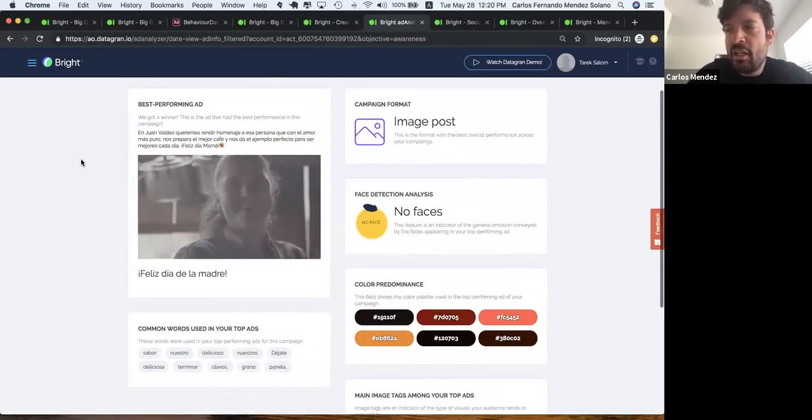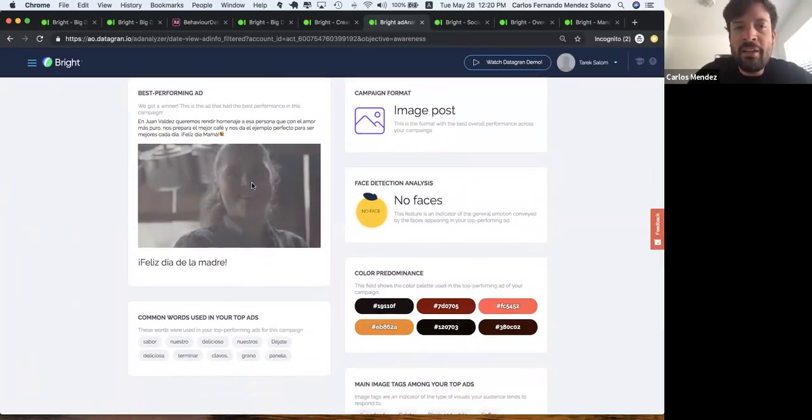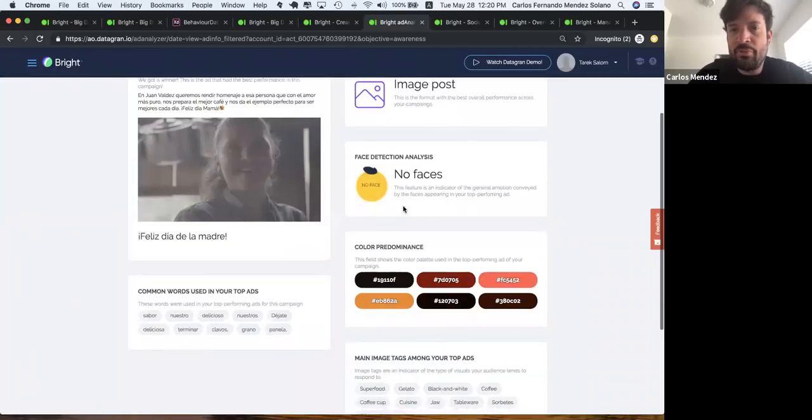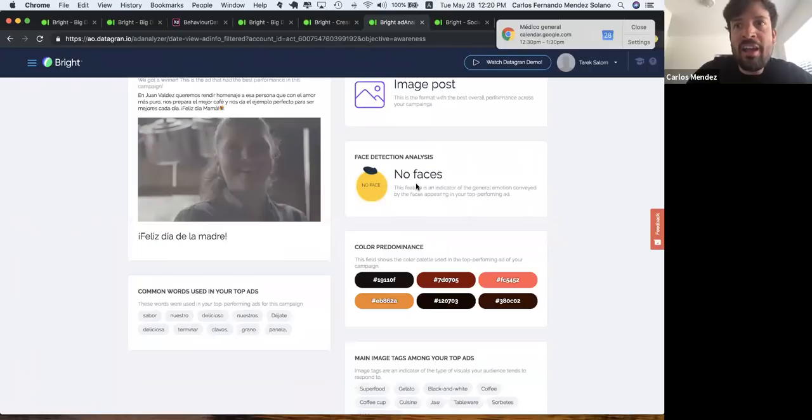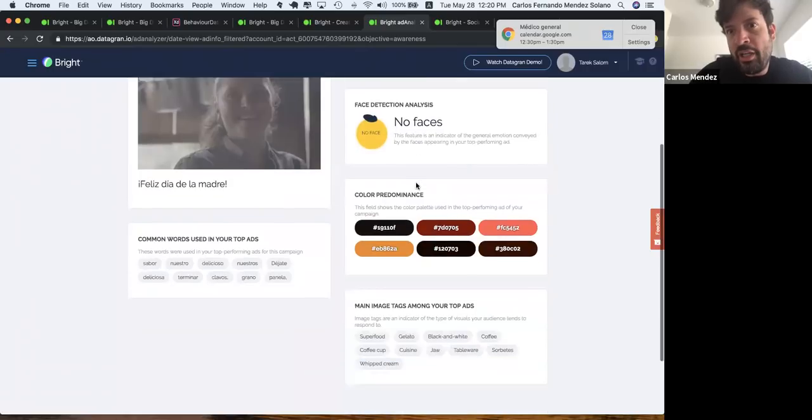And with deep learning, we will tell you what are the best performing ads, what are the best formats, if the images in your creatives have faces or not, for example. So we detect emotions. For example, this helps to tell you, hey, the best campaigns that you are running, they all have people that are laughing, or they are enjoying, they are sad, among others.